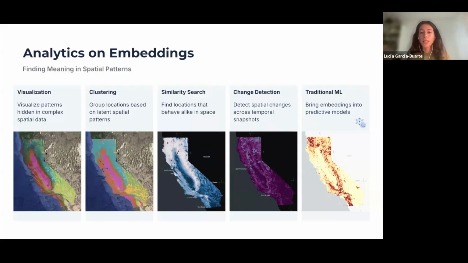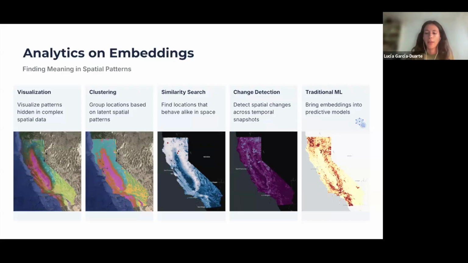Apart from that, during the demo, I will explain more in detail how we can run visualization, clustering, similarity search, and change detection using workflows. But basically, the idea is that this set of tools allows you to understand what your embedding is representing, what type of information we can get from the embeddings, and it allows us to understand spatial patterns that are very hard to understand if we just take a look at the raw data, because you will see that the embeddings are just numbers that, if we just directly take a look at them, are very hard to understand. But if we use these tools to visualize them, everything makes more sense,